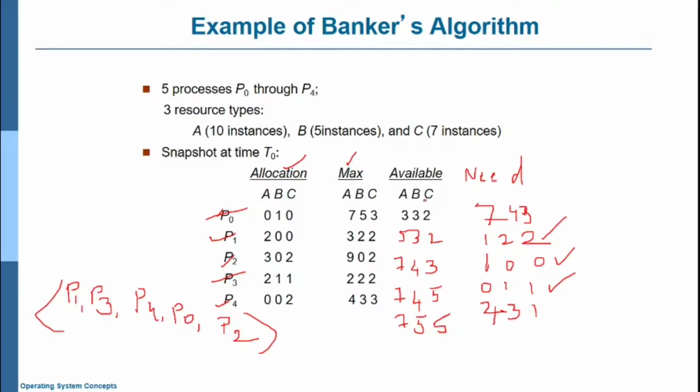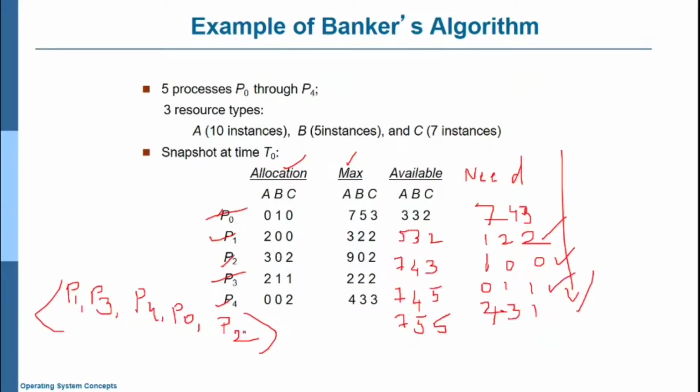This may be expected as an 8 marks question. They may ask you to draw the need matrix first. This is the need matrix. How will the need matrix be computed? Max minus allocation gives you the need matrix. Using the need matrix you can identify whether the system is in a safe state or not. If yes, find the safe sequence.